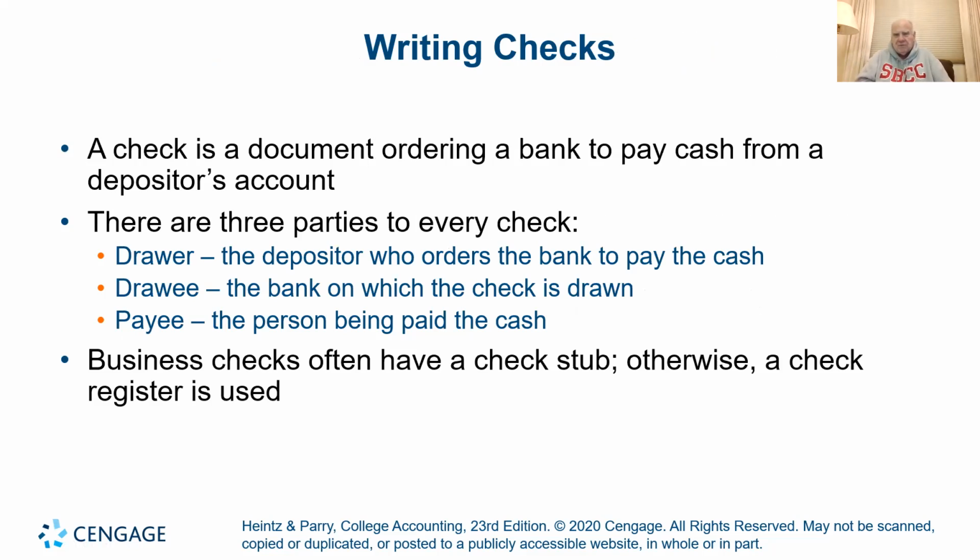Writing checks. Here are 3 terms. I bring them to your attention again for testing. You bring a check to the bank, you're the drawer. You're the one who's going to draw on that money. You're going to draw that money to you. The bank is the drawee. That's who's going to give us the money. The bank is the middleman. And the payee is, of course, the person who wrote the check.